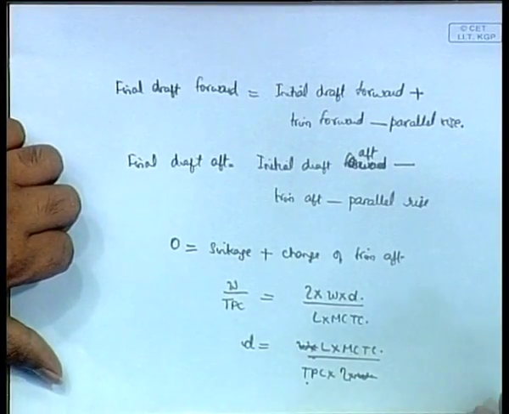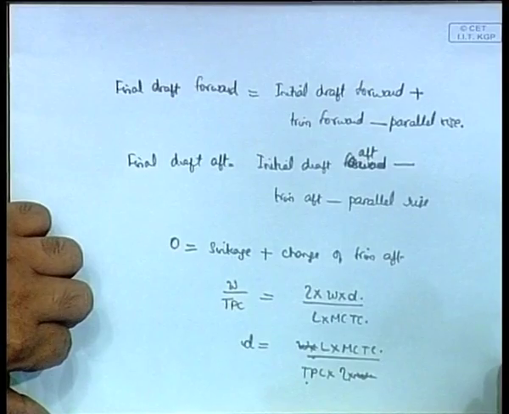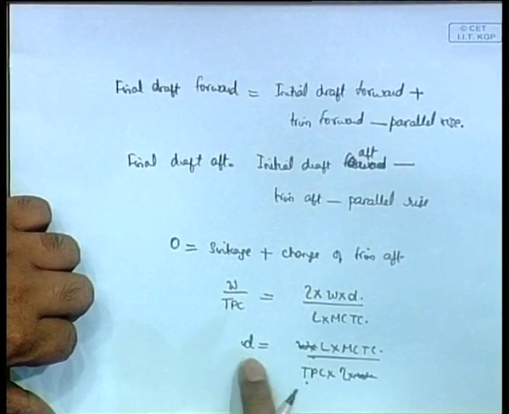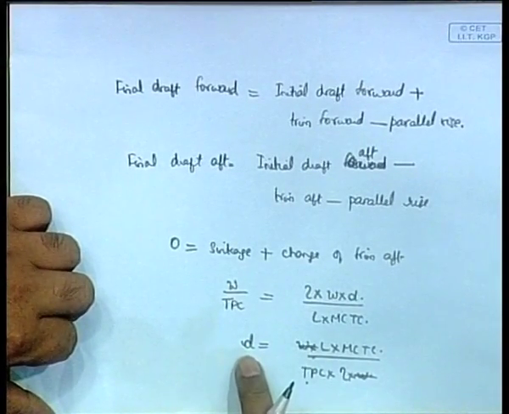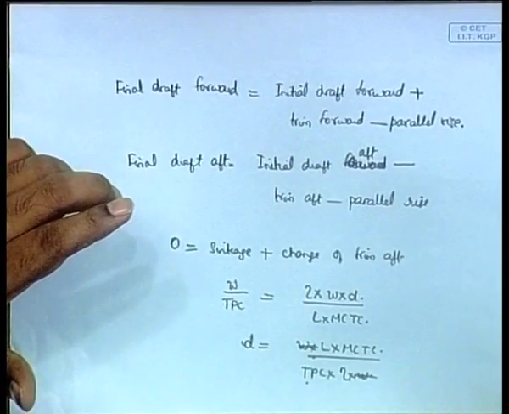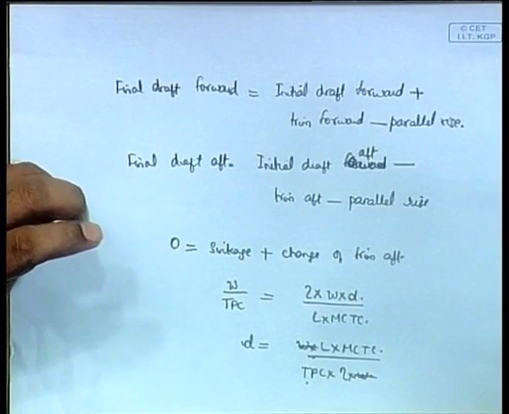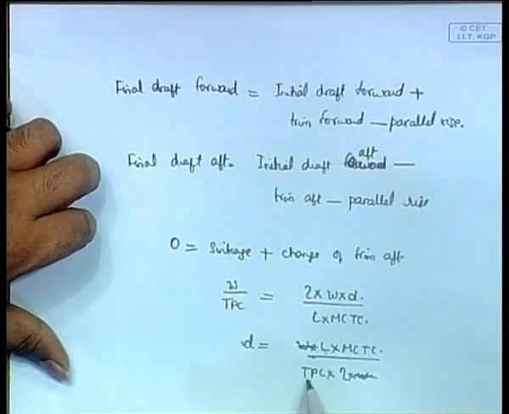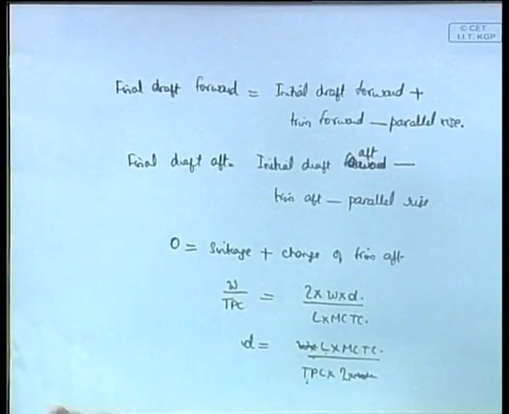So, in this particular case, you see that it does not depend upon how much weight you are adding, provided you add weight at this position D. If you design your D to be this, it does not matter how much weight you are adding, your draft aft will always be constant, it will not change. So, at that particular point where D is defined by L into this divided by TPC into L, if there is one particular point in the ship such that whatever be the weight you add at that point, your draft will not change on the aft side and the forward side also. Okay, that